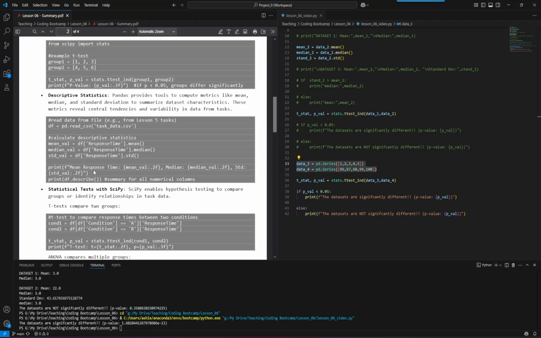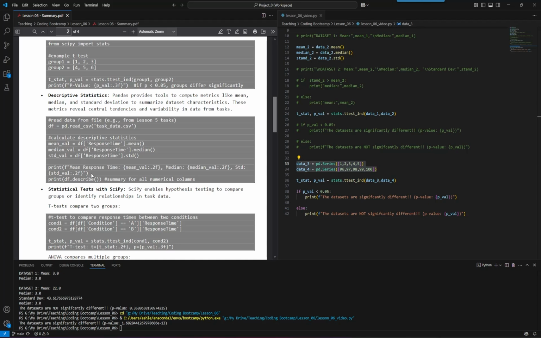and you're just going to basically do this exact thing. You're going to read in the data. You could do this with the data that you collected from your task in the previous lessons if you wanted to just get some general statistics for it. And then you can print this, and the most important thing here is you can say